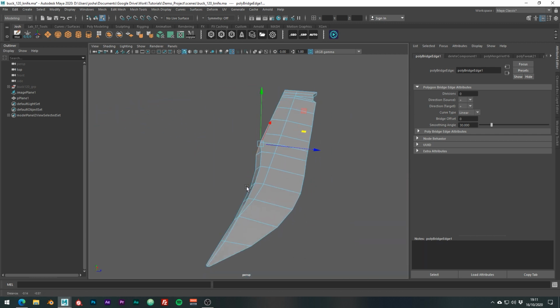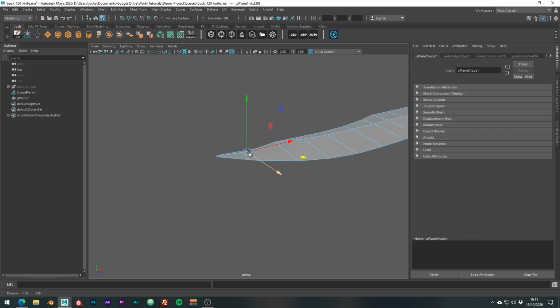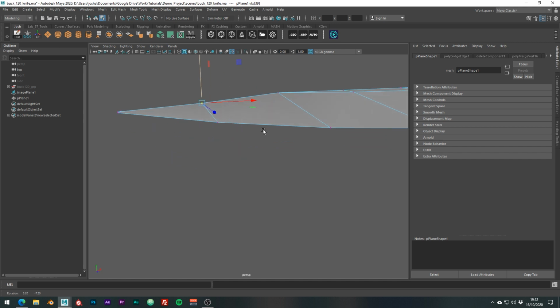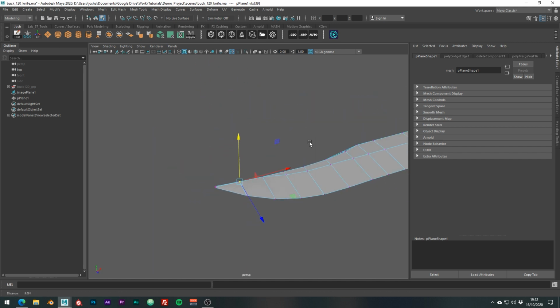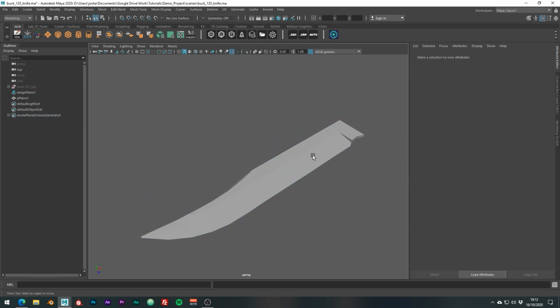Just come around this side. Notice how we get this weird dip. We just want to change this manually in vertex mode. Just bring it up a little bit. Nice. Okay, right, so now if we press 3 for smooth preview on the keyboard,